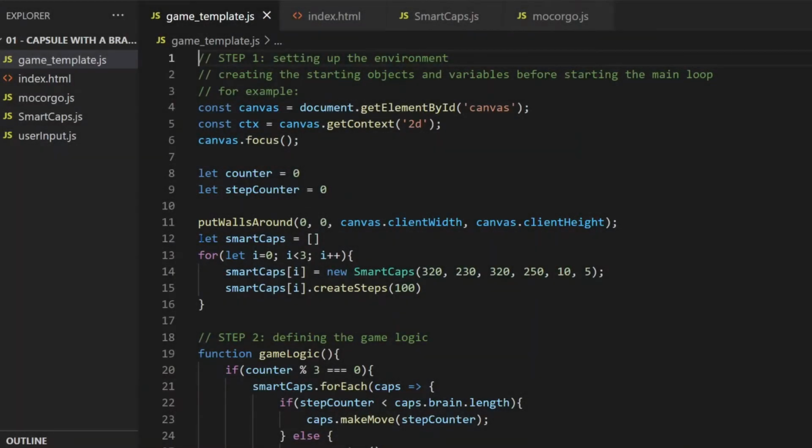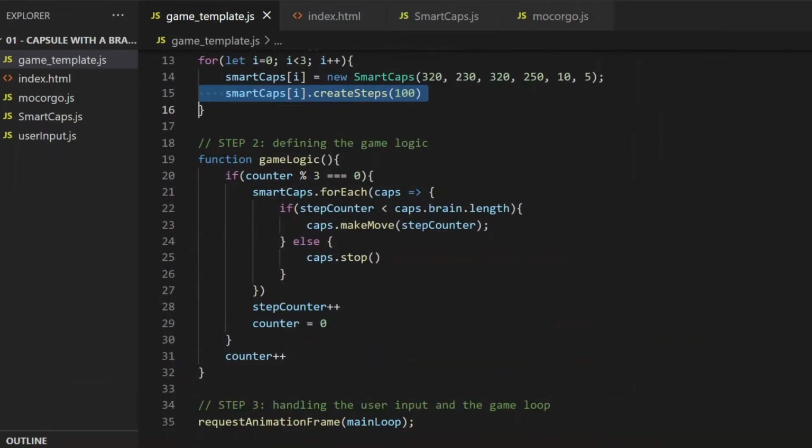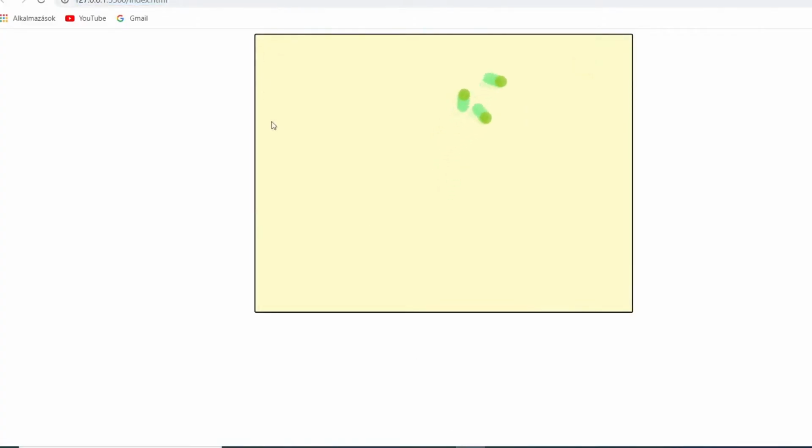Okay, what I have so far is an array of 3 smart cups. They get a sequence of 100 steps put in their brains. This make move method iterates through those steps, and when it reaches the end of the array, the cups stop. On the canvas, it looks like this. Now I want to implement the genetic algorithm on these capsules so that they can learn how to reach a